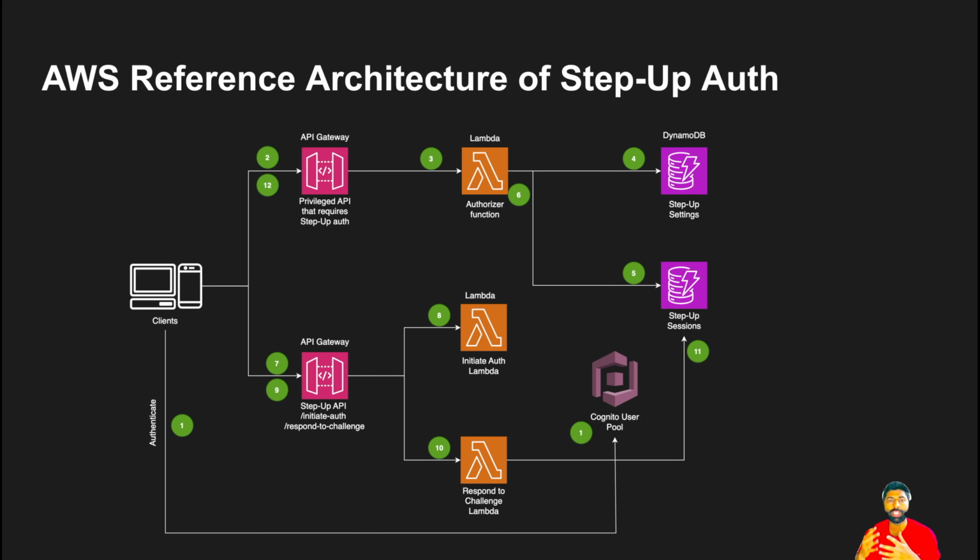In step 5, if an API action requires elevated privilege, then the Lambda authorizer will check for an existing step-up session for that specific user in the sessions table. So if a step-up session does not exist, the authorizer will create a new entry in the sessions table. And the key for this table will be the JTI claim of that access token which was passed by the